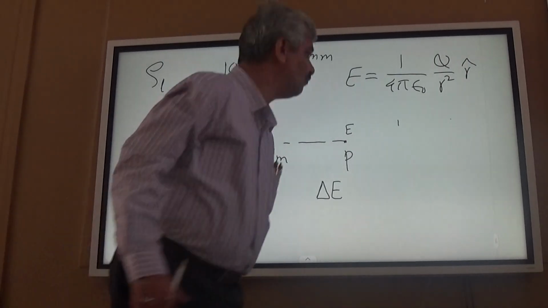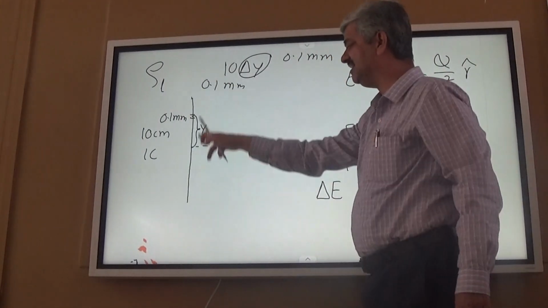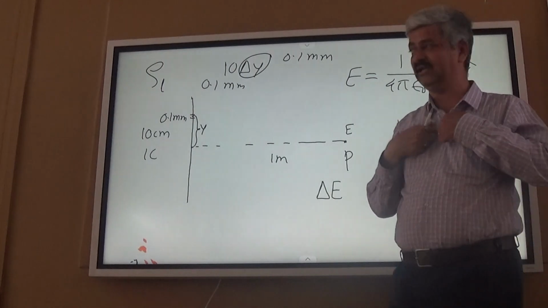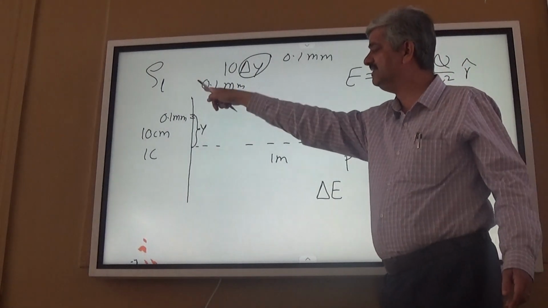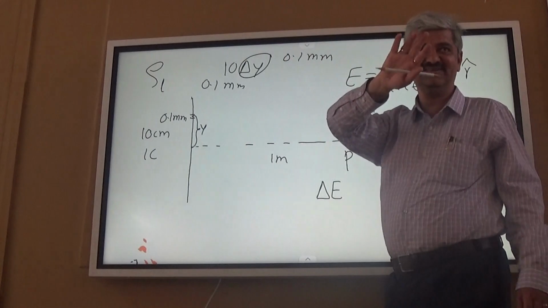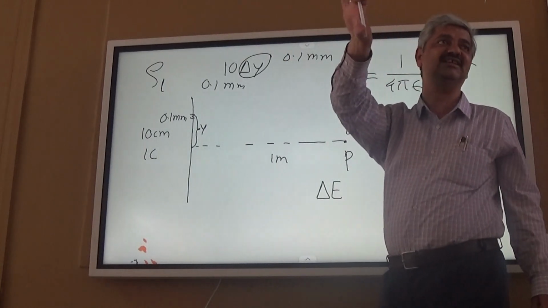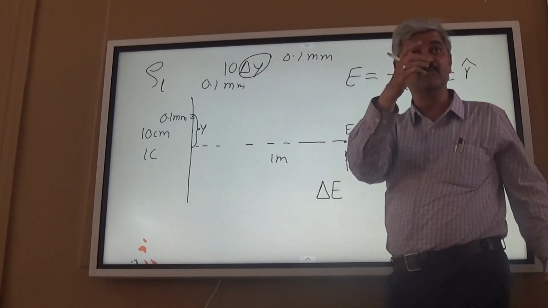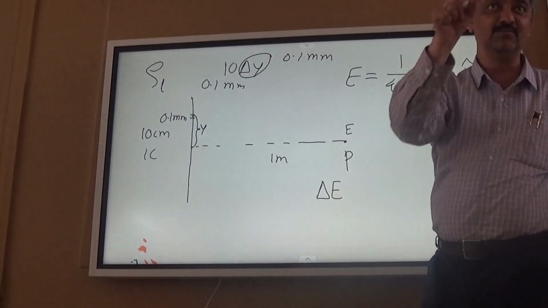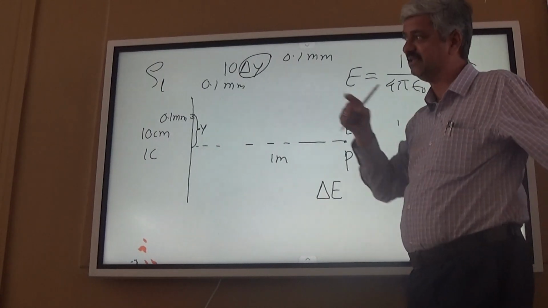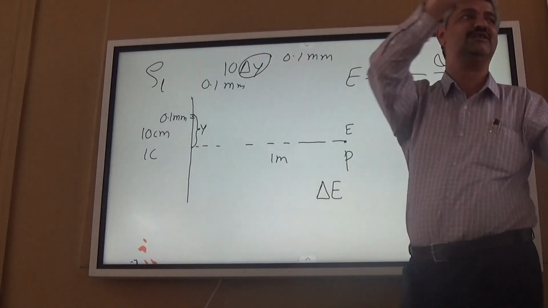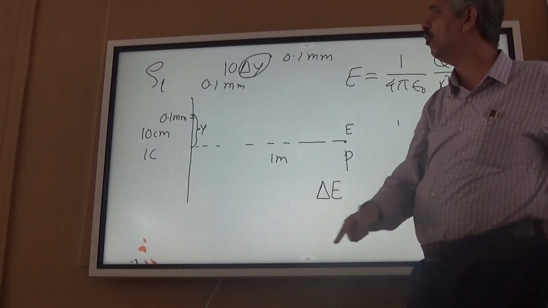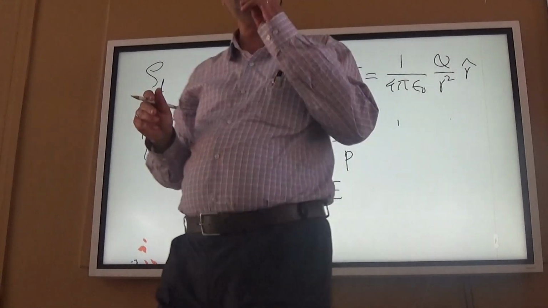So from 1 meter, 10 centimeters is not negligible. 10 centimeters is a substantially large length, not ignorable. But 0.1 millimeter from 1 meter distance is as good as a point for me. Is this agreed? Therefore, what I treat